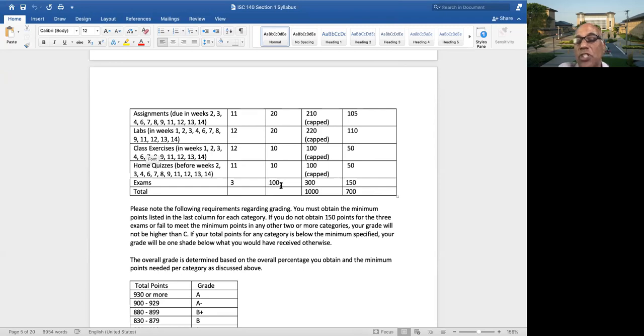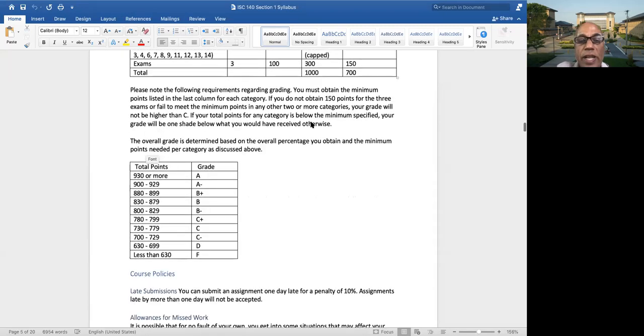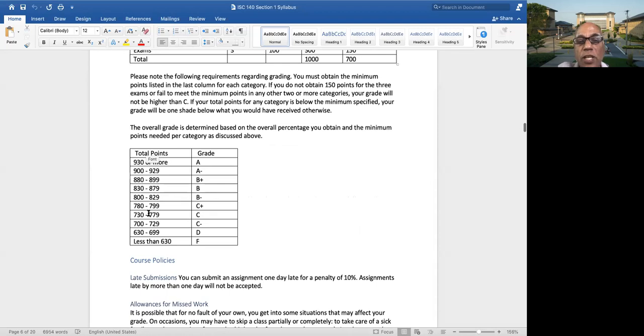3 exams, each one 100 points. There is no cumulative final, but the material keeps accumulating. So I'll talk about that in a few minutes. So that is a total of 300 points. So the total is 1000. And your grade will be based on this table,